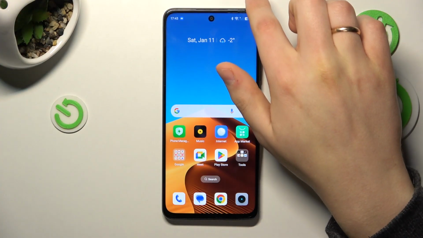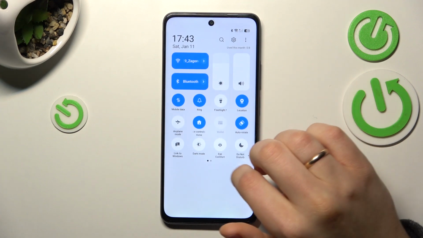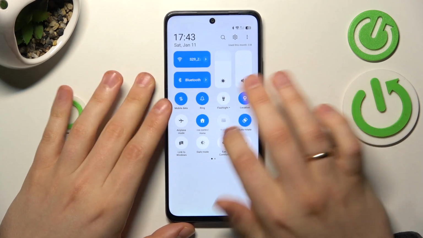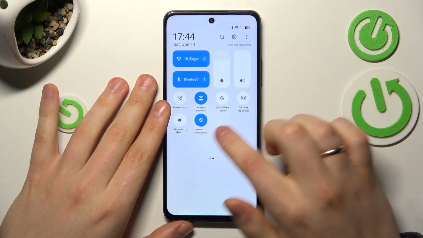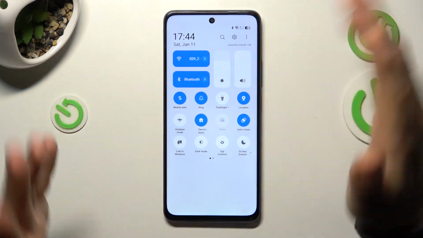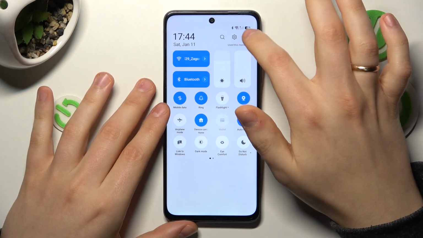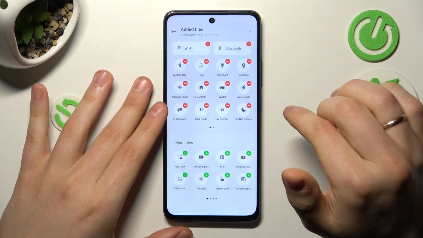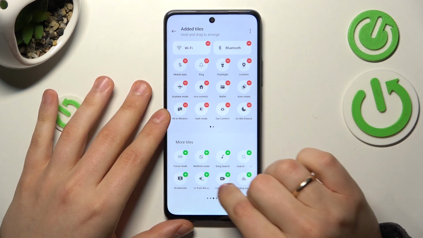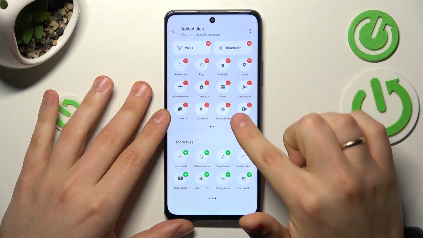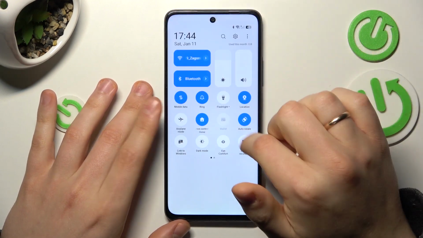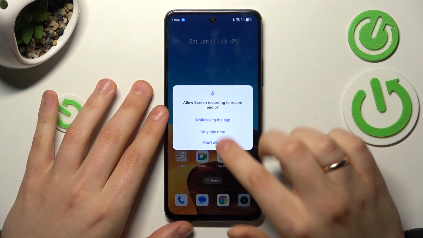So first, launch the control panel, expand the list of controls or tiles, and see if you have the screen recorder icon here. I do not, but that's fine. If you don't have the icon either, tap at those three dots, select Edit Tiles, then in the More Tiles list, look for the screen recorder, here it is, and then simply add it to the list of active controls or active tiles. Now simply tap on it to start a screen recording,